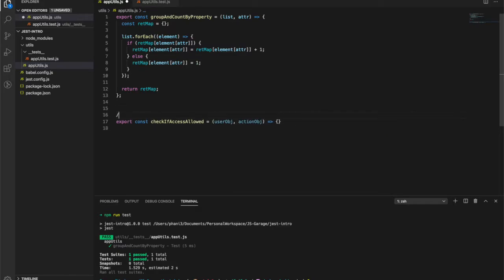So let's say user object will contain name, which is not important here, but it will have permissions. Permissions is an array, and each permission will have object name and allowed operations. Allowed op can be either view or manage. And similarly it will have action type, action object, which will have